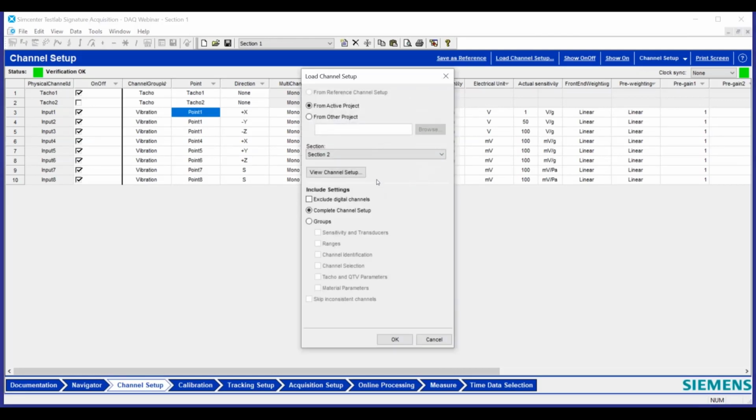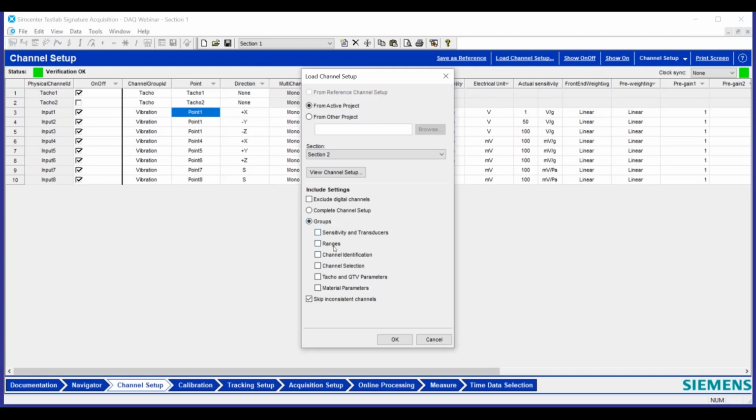Another thing, you may work with different front ends. If that's the case, maybe you have a lot of our hardware, and you have some different configurations of cards. If that's the case, what you can do is choose skip inconsistent channels. Sometimes this may be an option you want to turn on because you may be working with a front end that has cards that maybe your original test didn't have. So for example, maybe you have a V8 card and you did the first test and you just have voltage AC, voltage DC, and ICP as your input mode. Whereas you now are working with a system that has like a VBA card, which has a lot more options. We're actually going to talk about that later. So like strain gauge and potentiometers, a bunch of things.